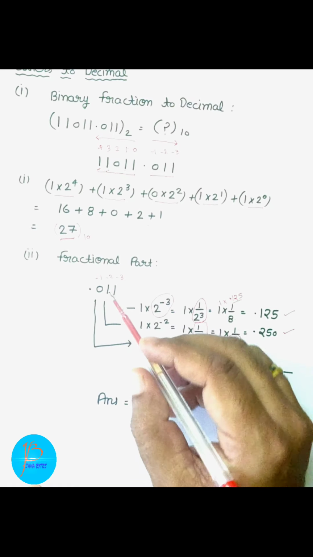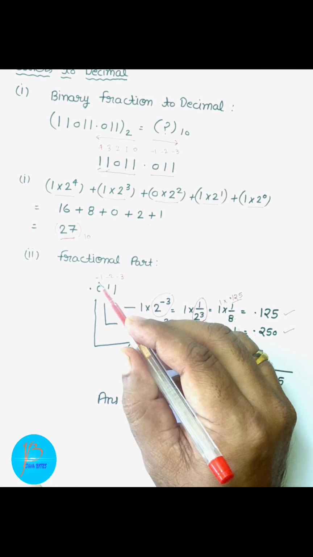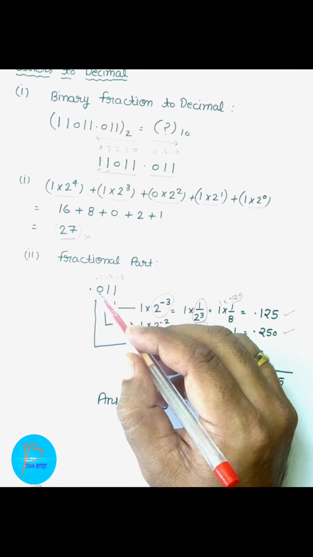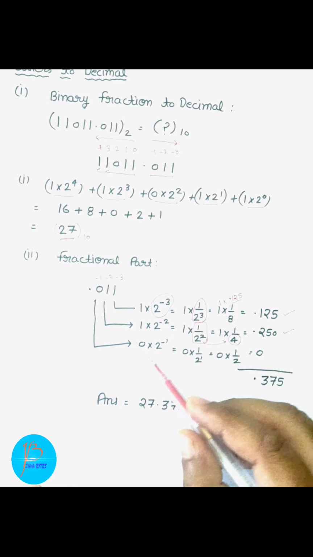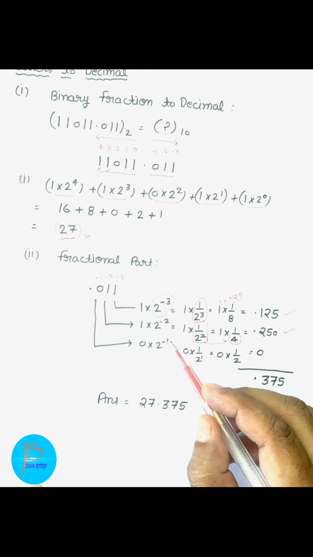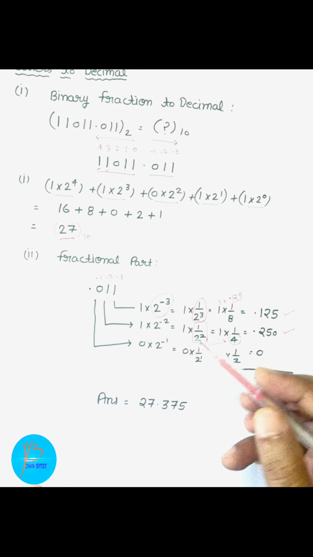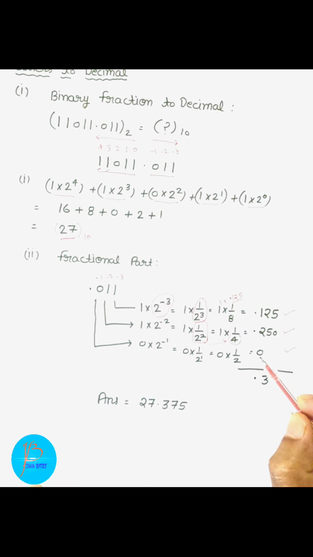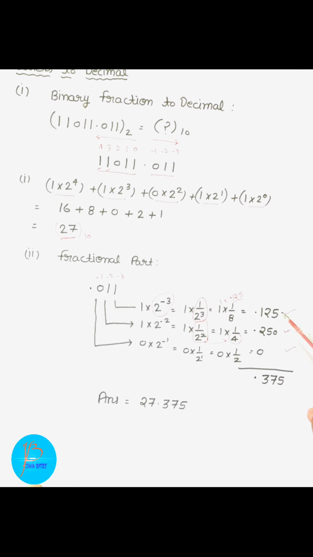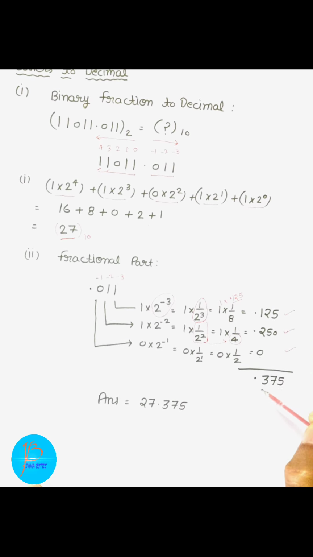After that children, we will move to the leftmost digit. You know that the digit is 0, so 0 multiplied by 2 to the power -1, and all of you know that when you multiply a number with 0, your final answer will also be 0. Okay, so now children, we have got the result of all these 3 digits, and finally we just add all these 3 values, so your answer will appear as 0.375.